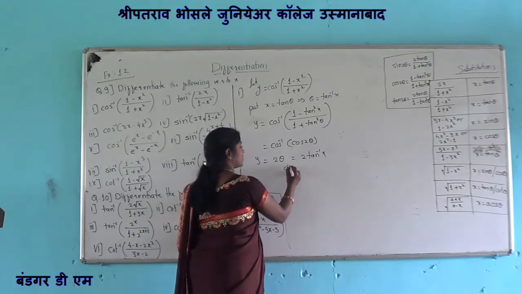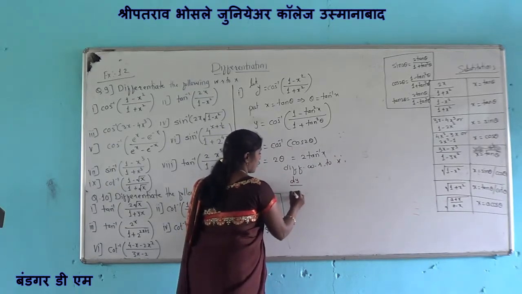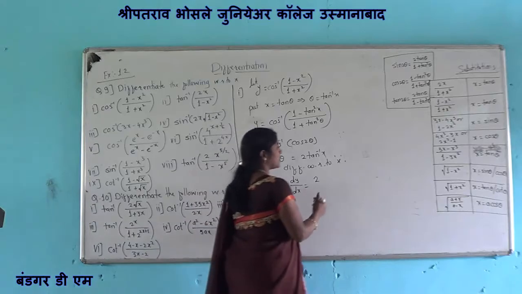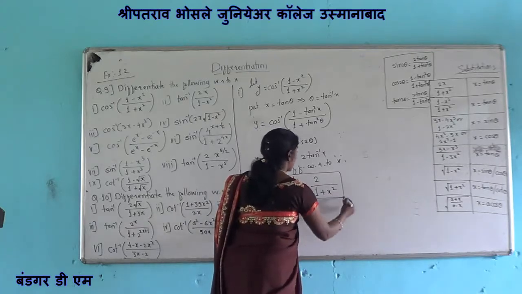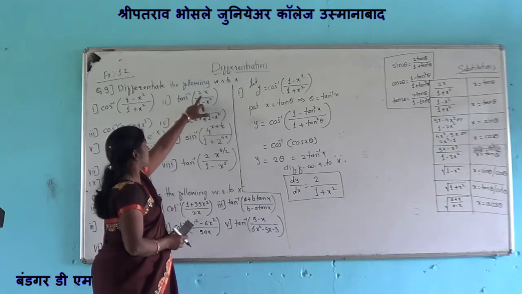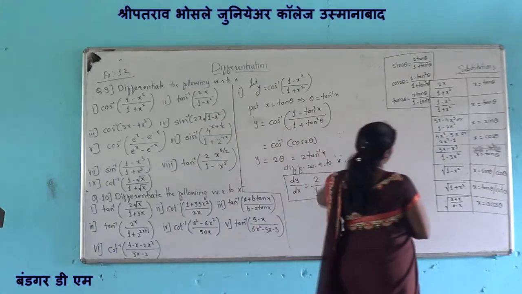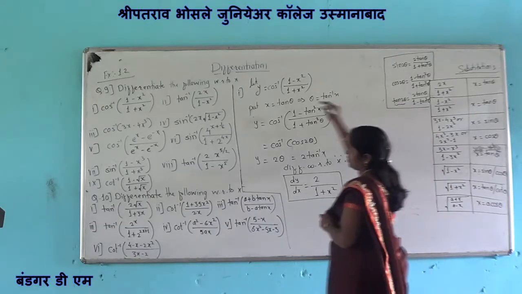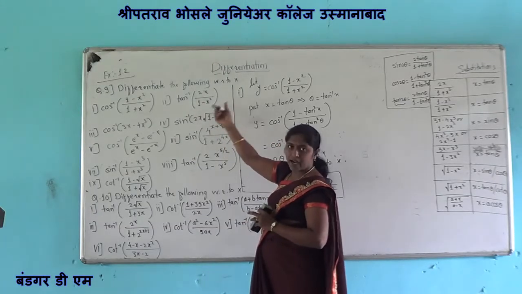Now, we can differentiate this y with respect to x. So, differentiating with respect to x, we get dy by dx is equal to, as the derivative of tan inverse x is 1 upon 1 plus x square, 2 upon 1 plus x square, which is the required result. Now, second example we are going to solve is tan inverse of 2x upon 1 minus x square. If there is 2x upon 1 minus x square, we again require the form of tan 2x. Tan inverse of tan 2x will give, tan inverse and tan cancel, 2x.